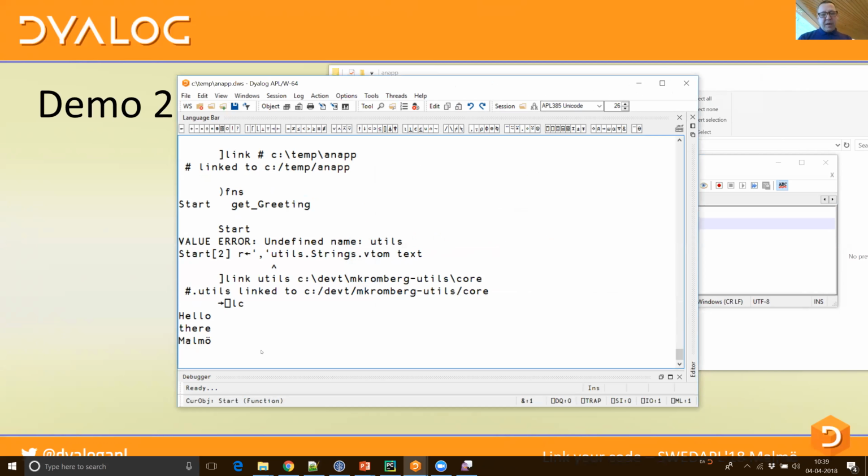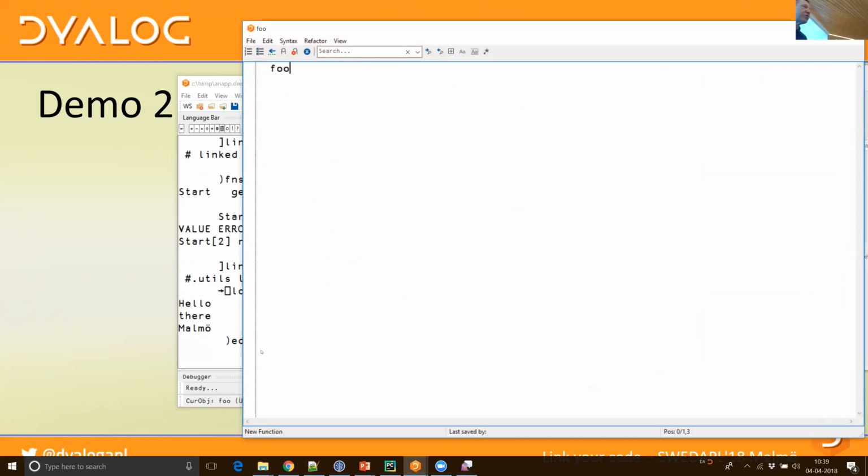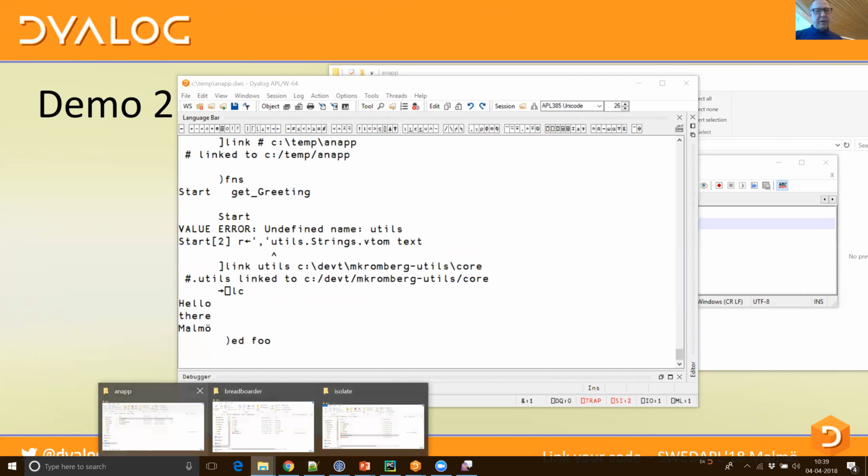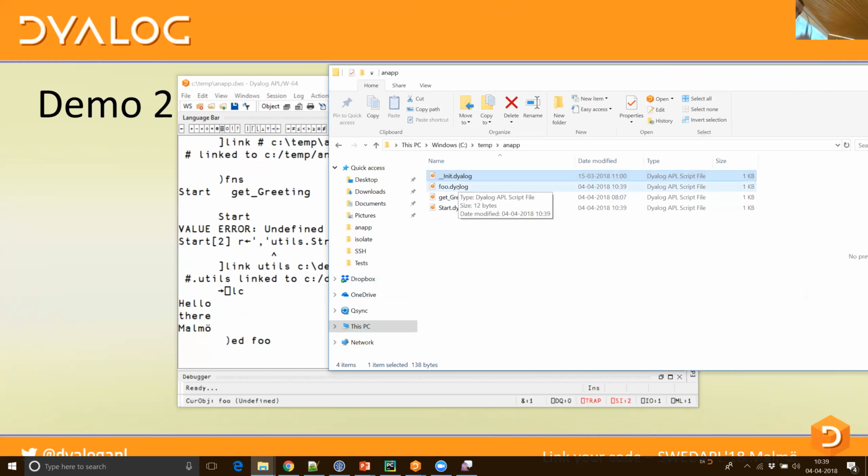If I edit a new function, if any of you have used Salt and loaded a folder into APL using Salt, this was the one thing that it didn't do. If you created a new function, it didn't know how to immediately put that into the folder. But the link knows how. When you create a new function, if you've used Salt to load, you have to do an explicit save to put it into the folder where it came from. But with link, if I were to create a sub namespace here,